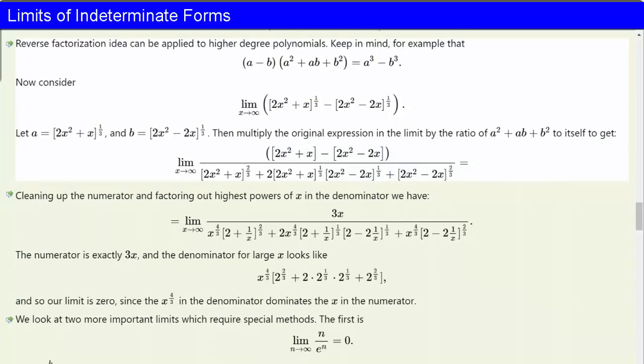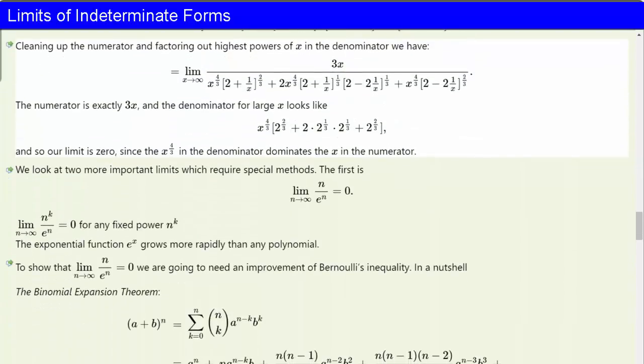The reverse factorization idea can be applied to higher degree polynomials. Keep in mind, for example, that if you have a minus b, you can multiply it by a squared plus ab plus b squared and get a difference of cubes, a cubed minus b cubed. So if you have a limit like the limit as x tends to infinity of the cube root of 2x squared plus x minus the cube root of 2x squared minus 2x, then you can let a be that first cube root and b be that second one. Then multiply the original expression in the limit by the ratio of a squared plus ab plus b squared to itself to get a very complicated looking expression